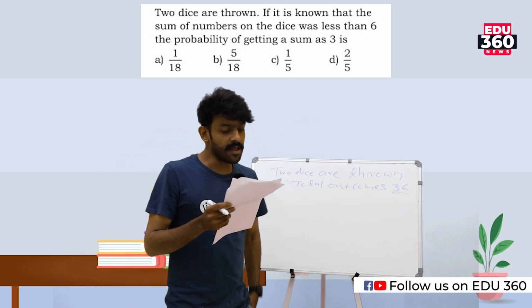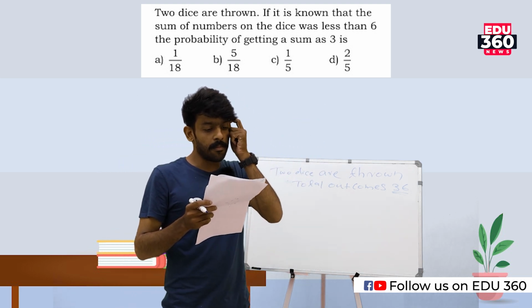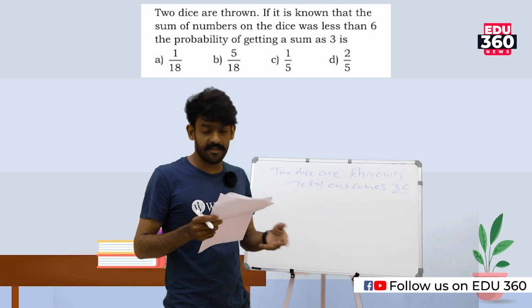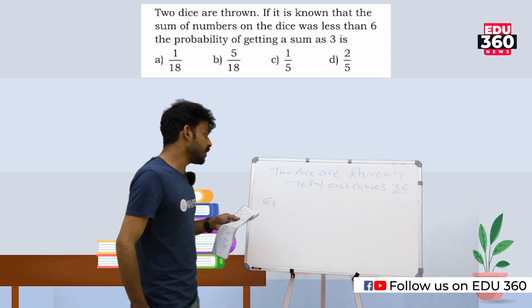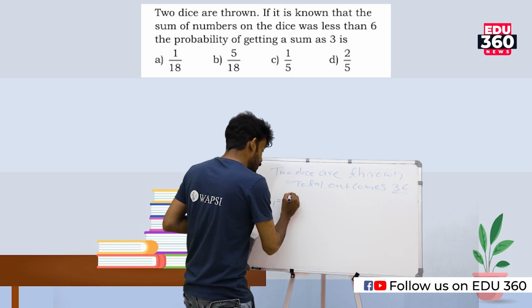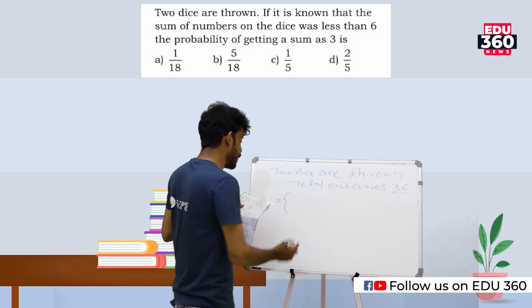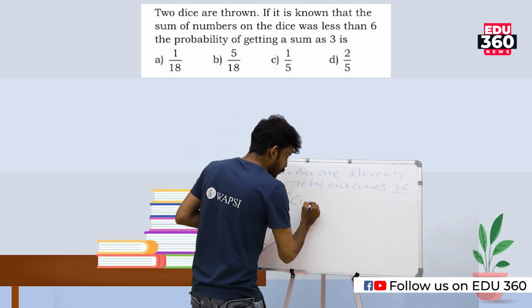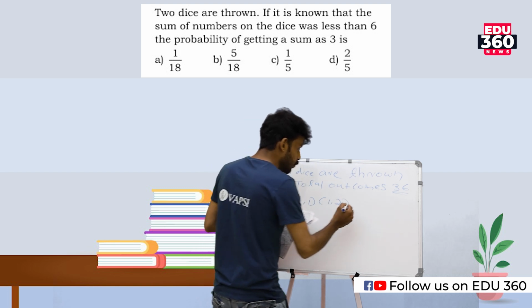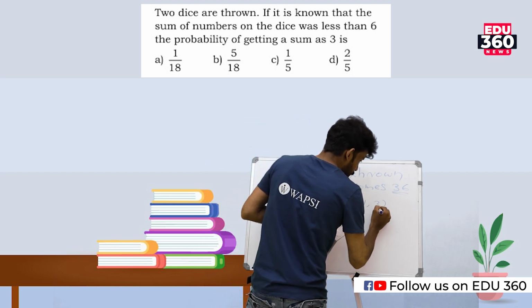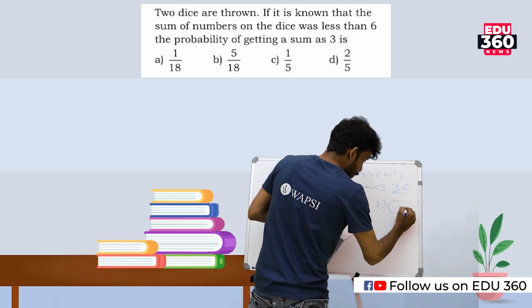And it's given that the sum of numbers on the dice was less than 6. So we consider the sums less than 6. That means we can write 1 1, 1 2, 1 3 and 1 4,